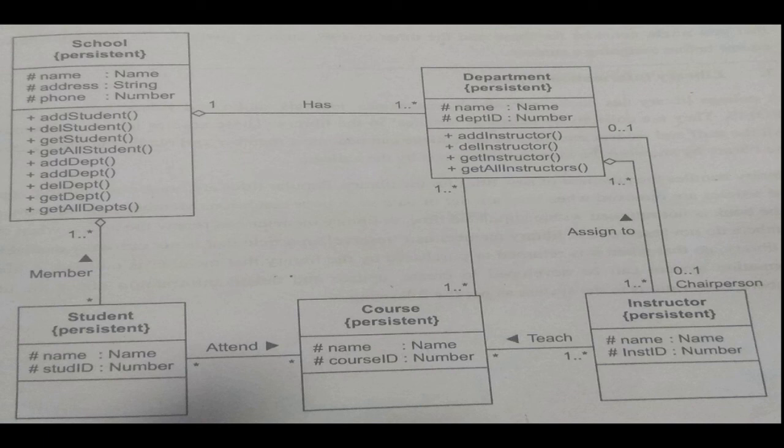So all these are the different classes which we can include in the school information system. And obviously you can write down all the attributes. Here I have just specified two for the student, name and ID, and you can also write down the different operations performed by that class. So all this is about the example of the class diagram for the school information system.